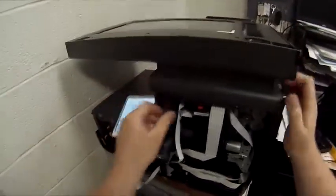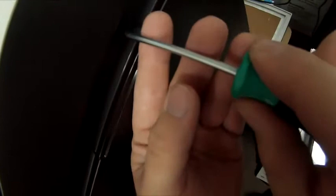So put the scanner on. I'm going to push it forward. I had to fidget with this for a minute because it didn't want to latch all the way. So you'll see me jump a little bit because I'm playing with it and pushing it to the left and getting it to latch where the screws will catch. I was a little off the first time, so I just cut that part out. I'm going to put this screw in, turning it,